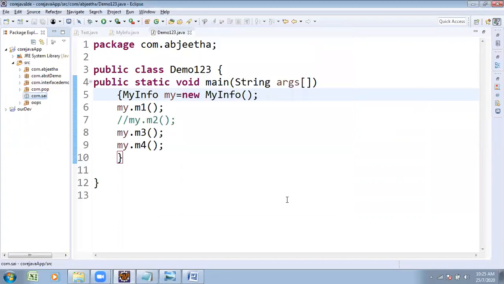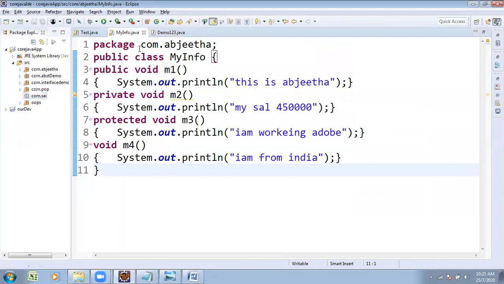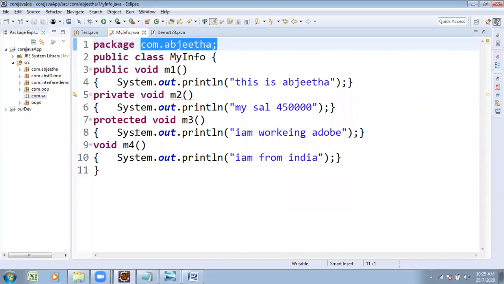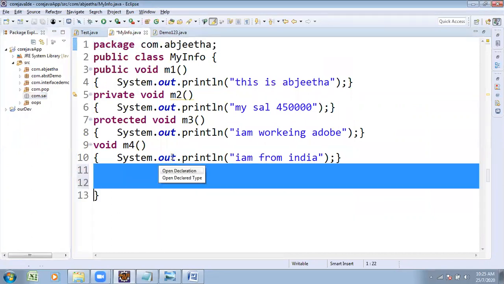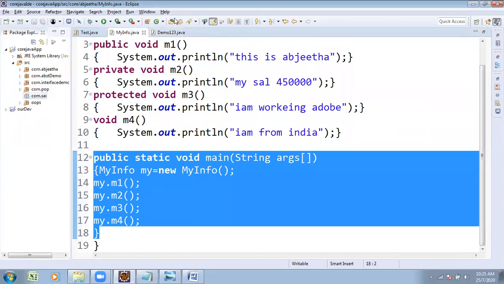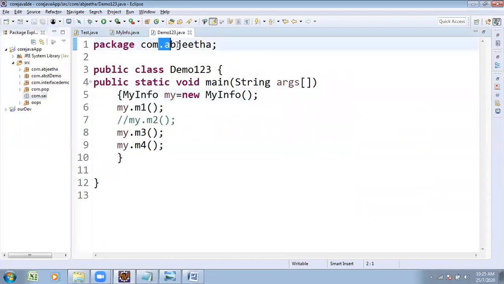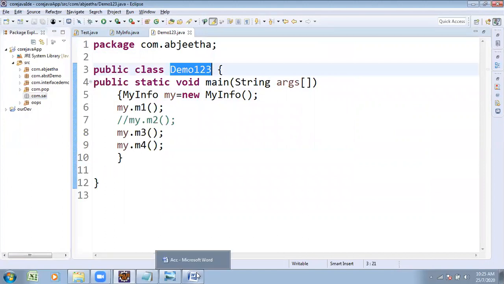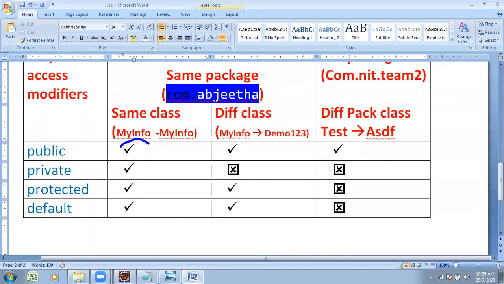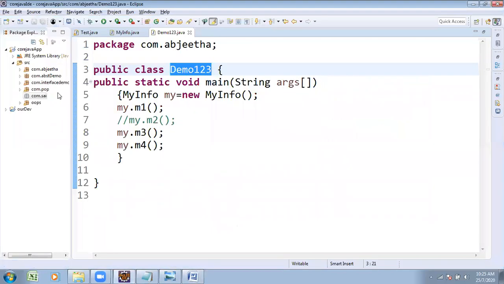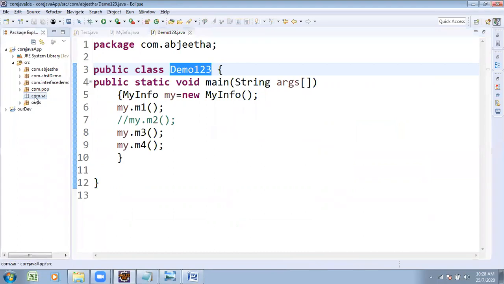Previously, with your package name, same class, same method, we were utilizing everything. But now, same package, different class utilization. Same package, same class: all types of accessibility. Same package, different class: except private, all can be accessible. Now we want to concentrate on a different package. Under the Abhijit package it is declared, and under the Sai package I want to utilize. Both belong to different packages.